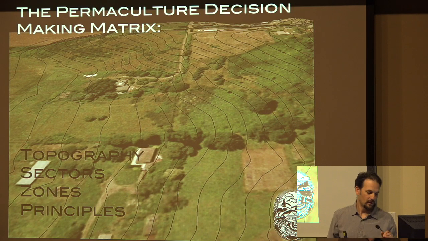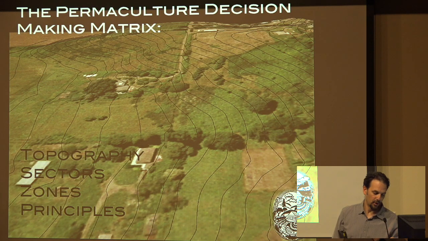So we have this thing that I call the permaculture decision-making matrix. It's basically how we design landscapes. We have these different elements that we look at in order to make choices. So it's like a way to make choices. So we start with topography. You can see the contour lines on this image,